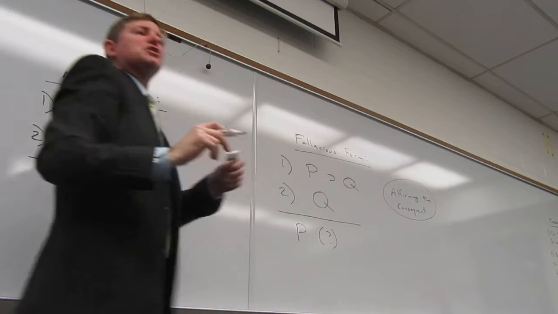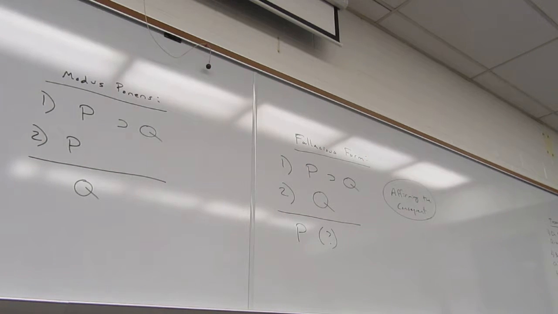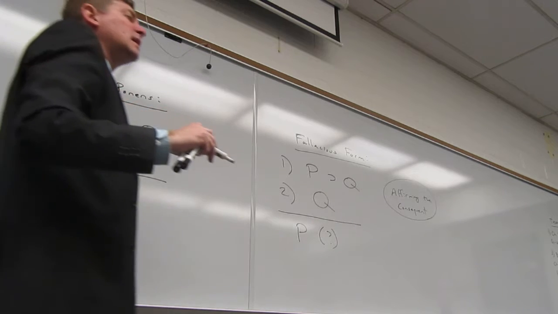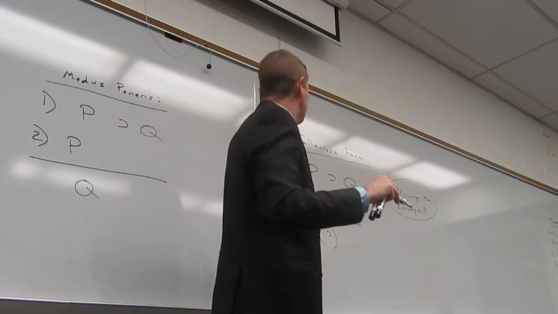This is a fallacious form that we call affirming the consequent. Now, if the author did not make it clear as to why it's called affirming the consequent, it is because